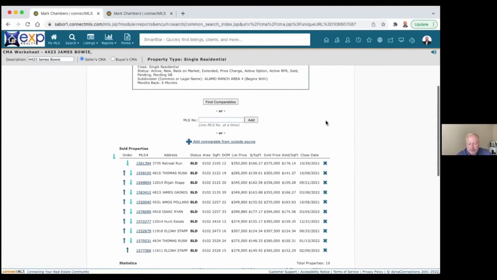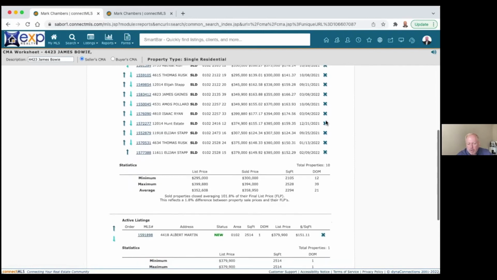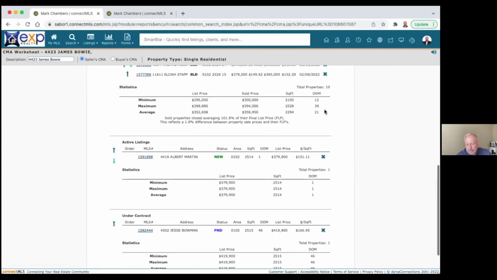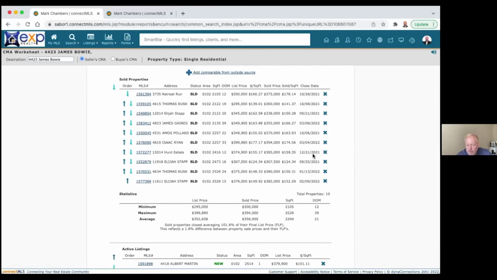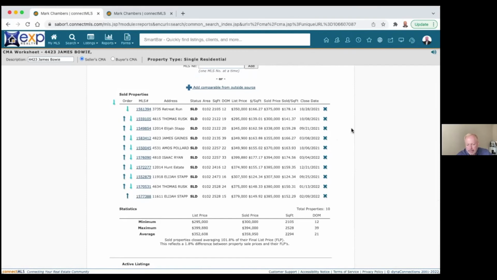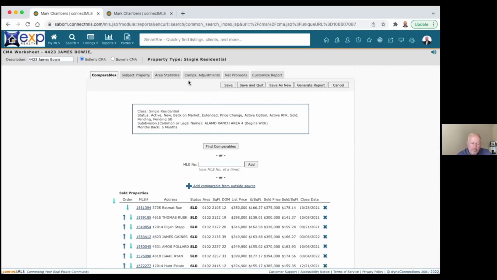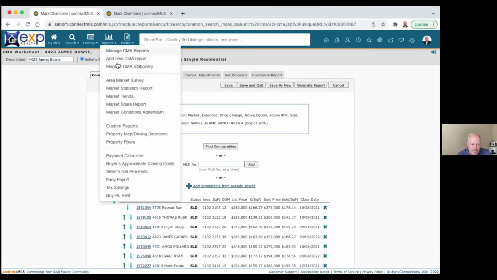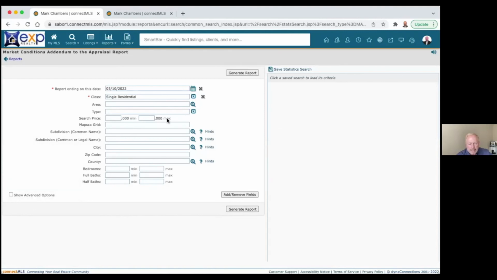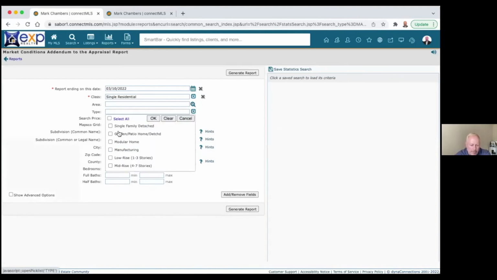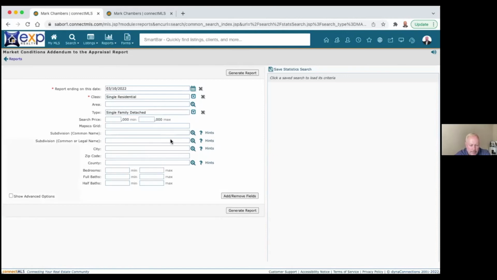Okay. So that's kind of a general idea of how I came up with the value, but coming up with the value is just part of it. The other part is, what is the market doing? What are the most recent comps doing? The ones that just sold, where are they that are close to mine? The other thing you can do is you can go into area statistics. So there's a report here called Market Conditions Addendum, and you click on it. And if you type in single family,